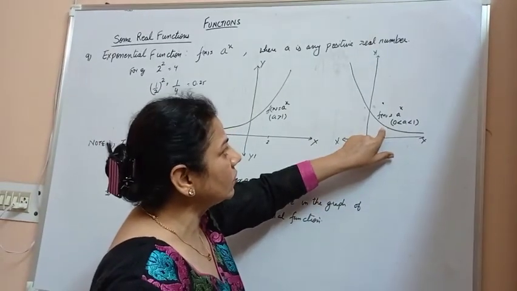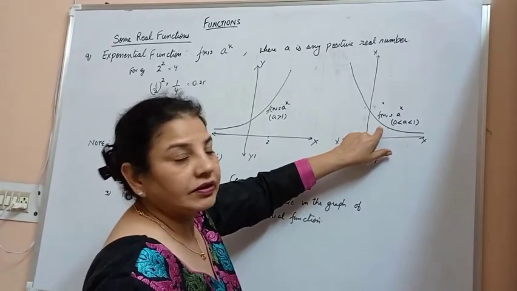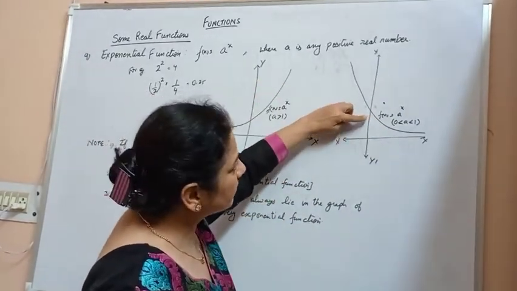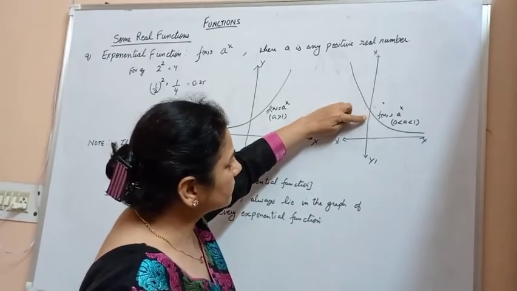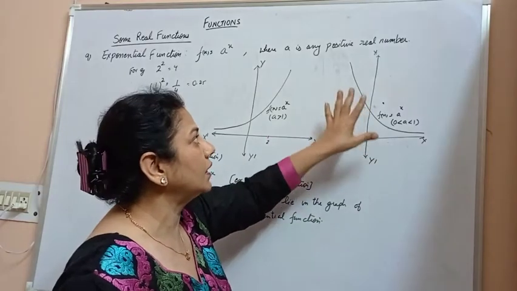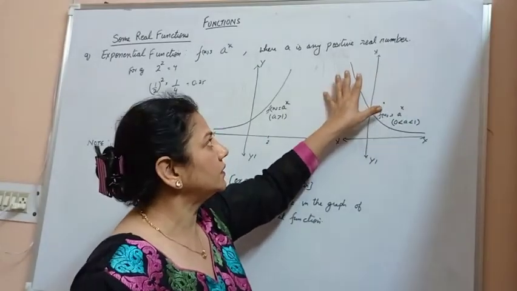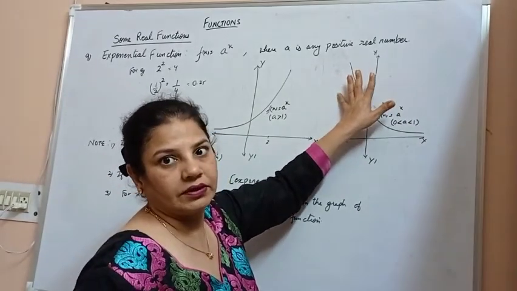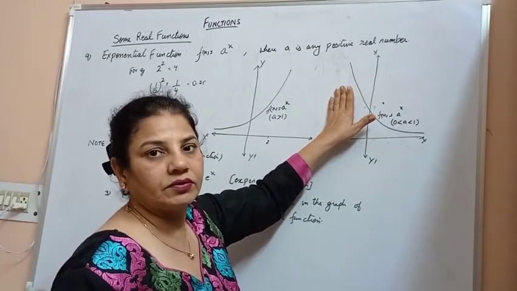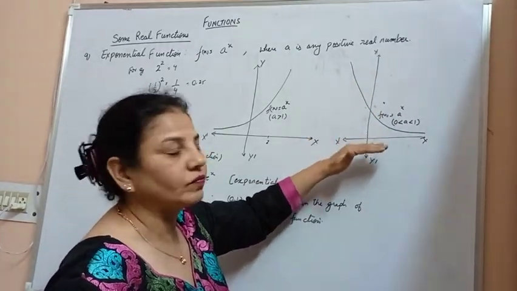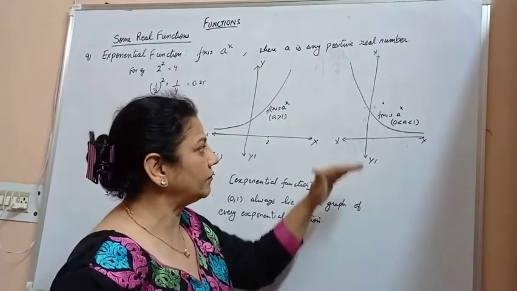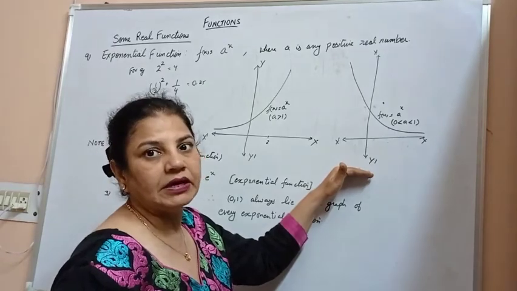In this particular case also, we give the value as 0.25, it gives me the result over here only. It gets closer and closer to 0, but it will lie in the first and second quadrant only. The graph of the exponential function lies in the first and second quadrant only. It will never go towards the negative value of y. The value of f(x) can never be negative.